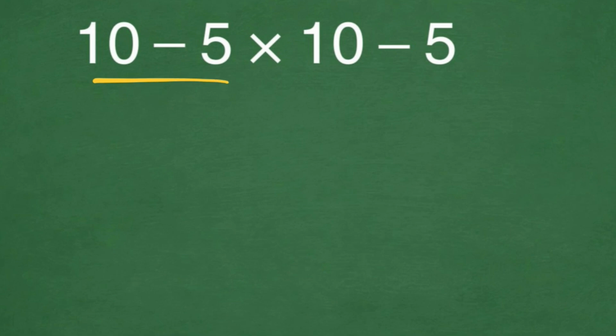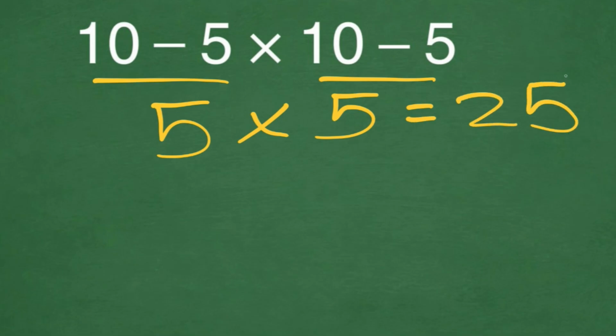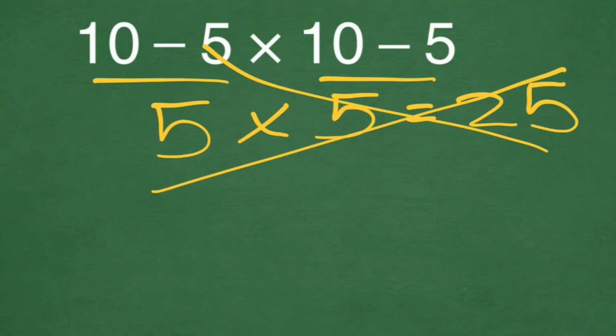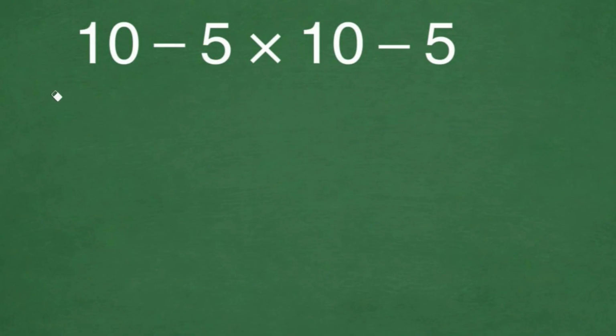10 minus 5 gives us 5. And again, here we have 10 minus 5, which again gives us 5. And 5 times 5 is equal to 25. But this answer is not correct, because according to the order of operation, PEMDAS,